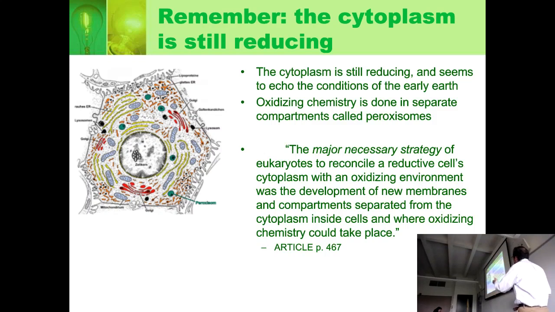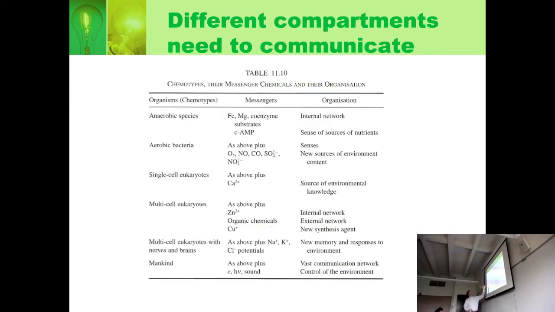So you see how this can develop complexity both in what you put outside the cell and what you put into a closet inside the cell. And there's the same pattern. The most reducing environment is the cytoplasm itself, and the other environments are more oxidizing. So this is one of the ways that a chemist thinks about biology.